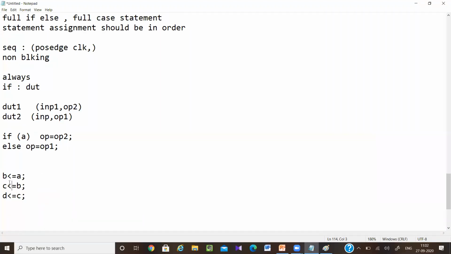But see, in whichever order you write them, you will get the same output. For that you have to understand non-blocking properly. So here the order of execution does not matter, so it seems like they all are executed in parallel. But if I am writing using blocking, then order of execution matters. So we say that the first line blocks the execution of the second line. Means first line is executed, then second line, then third line, because their order of execution matters. Okay, so this is all about these things.